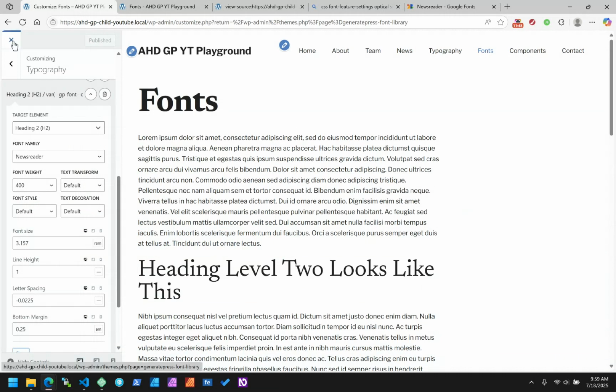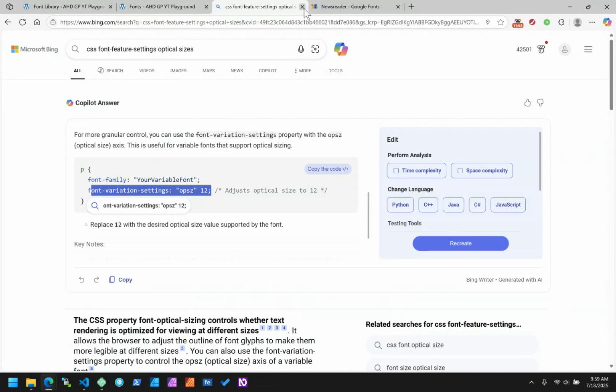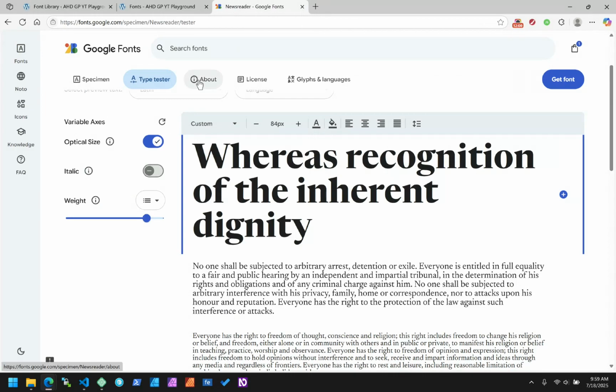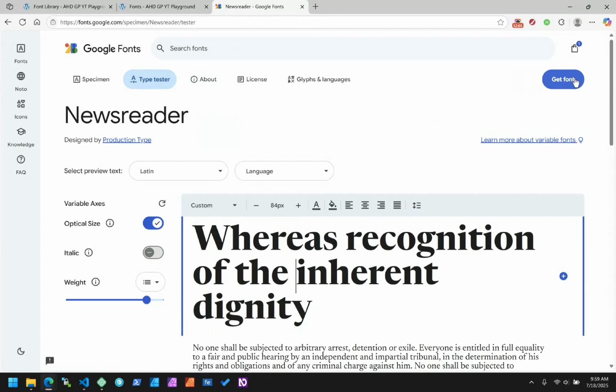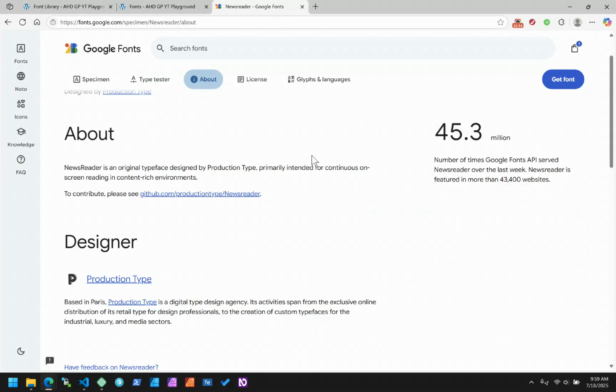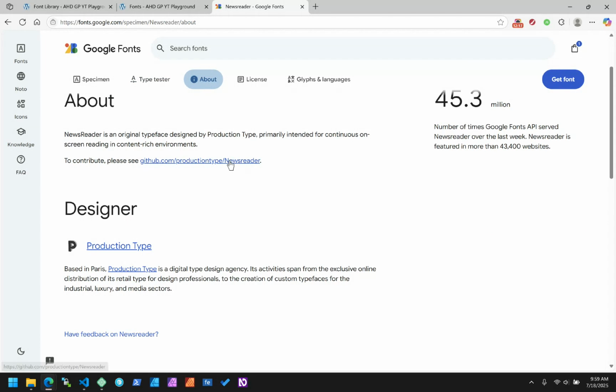So you might be thinking, okay, GeneratePress just doesn't support that. Okay, so I need to do it manually. Well, that's what I thought, but I did a little tinkering, and I know we can. We can do better than this. So here's what I did. I tried downloading it first and then uploading it because I thought maybe it would give me a different file. Same thing happened. But you can go to About, and you can go to the GitHub page where they're doing development. So let's open this up,